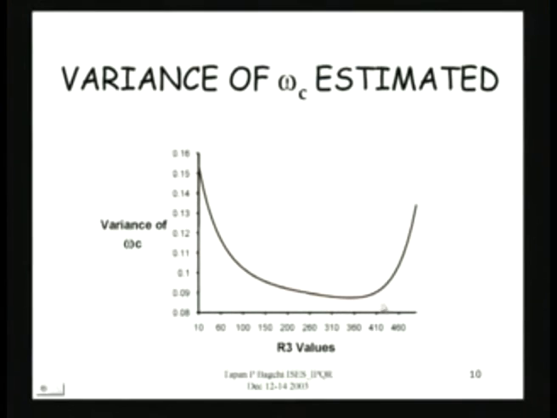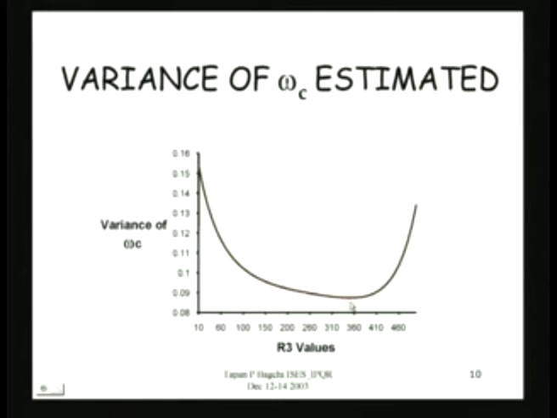So that could be taken for granted. Now all we wanted to do was minimize the variance of omega C, the cutoff frequency. And that could be done by doing a little search there. We found around R3 value of 360,